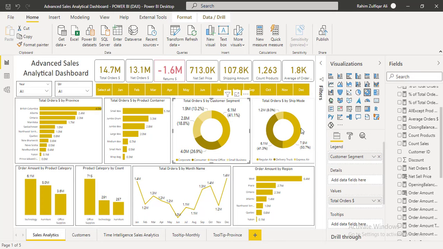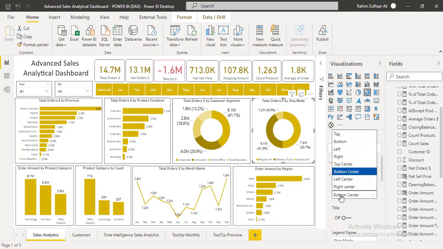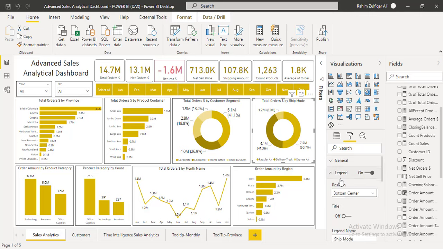Alright, so these are fundamentally very easy visuals. The user just needs to click on that visual and drag and drop the relevant field, and then go to the formatting area where you have a lot of amazing options available. If you want to turn on the shadow, if you want to give a border to your visual, if you want to use some background colors. You can also define the legend, where you want that legend, so you have different locations available. The title of the legend, the color of the legend, font, text size, all these options are available.